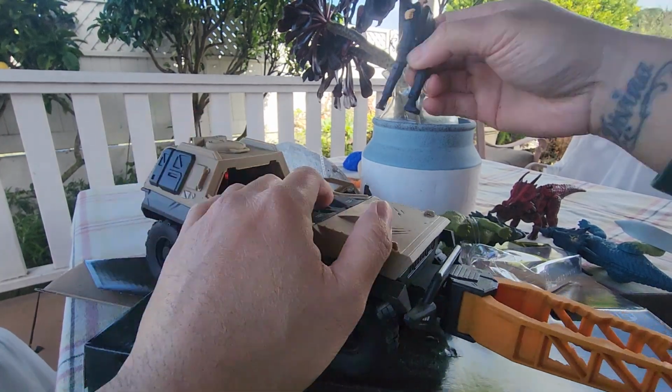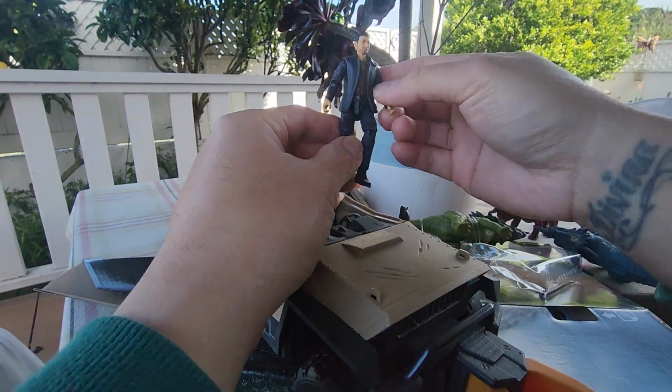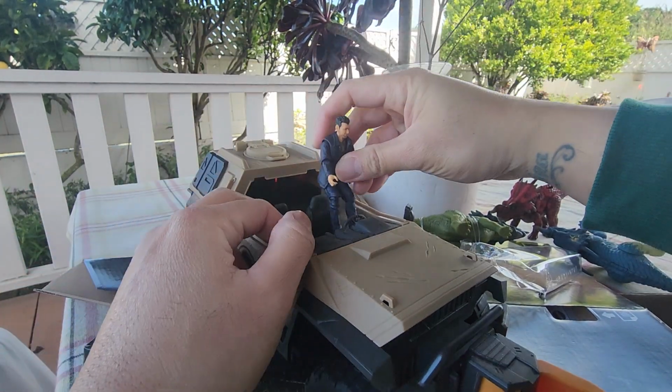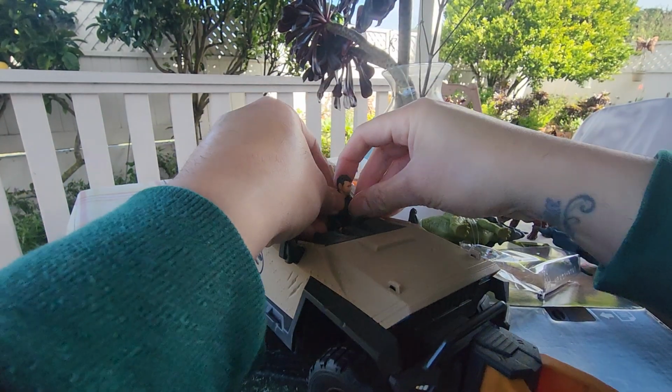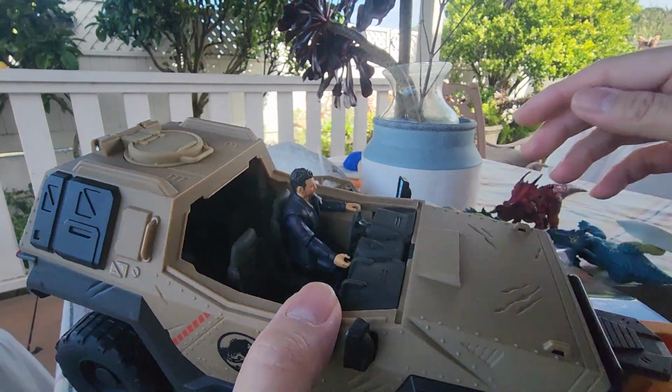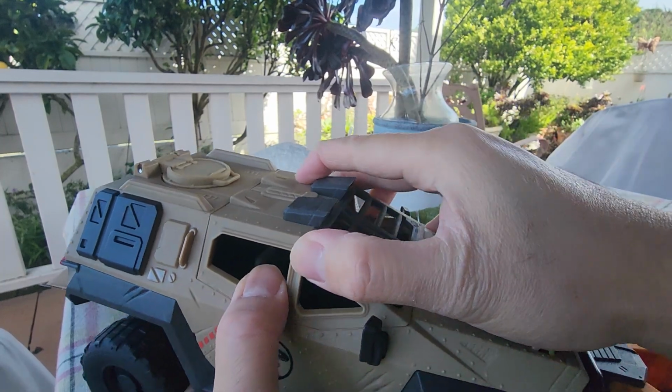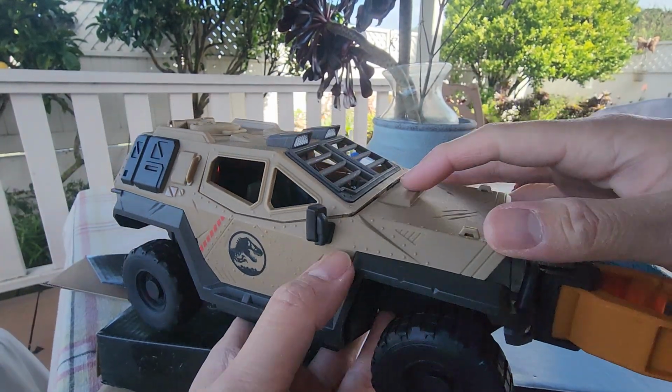And then we're gonna put a human here. This is actually, I think, Dr. Malcolm, another variant of his, from the T-Rex Escape pack. So there you go. So it'll look like that, and we put the cover. There you go. So if you push...